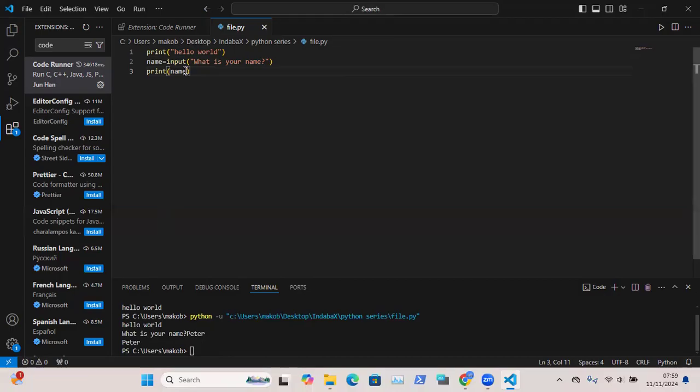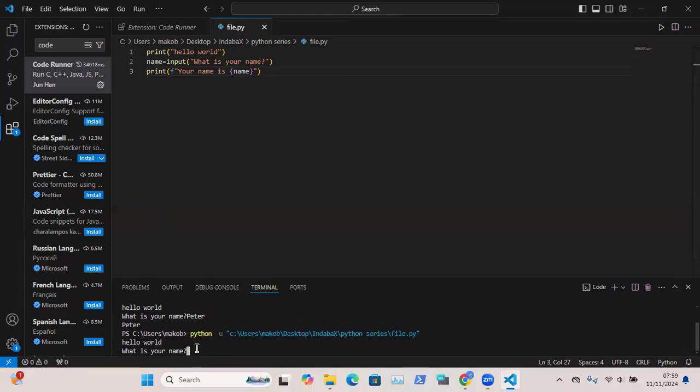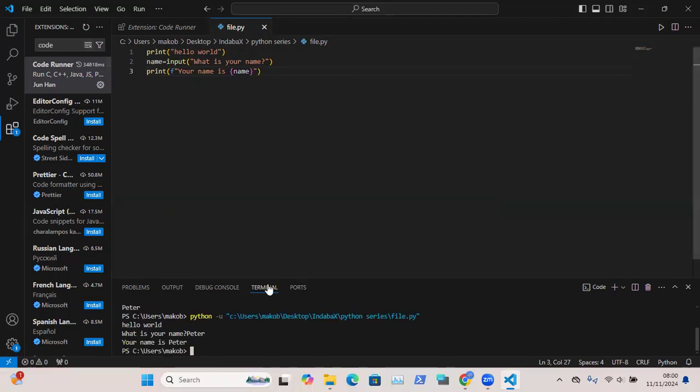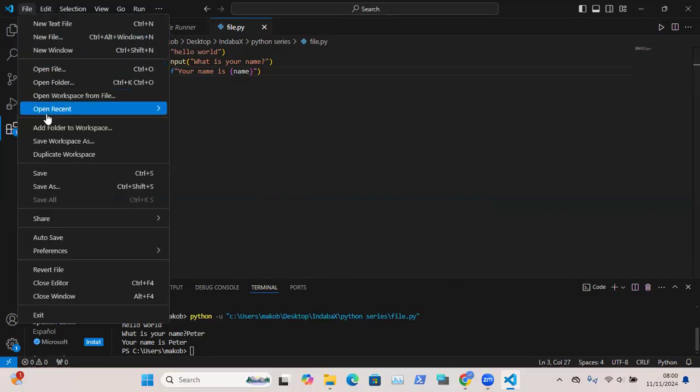I can even make this a little bit descriptive and say your name is, then I put here name. Run this again, asking what's your name, put Peter and it says your name is Peter. So this is happening because I'm running my code from the terminal, which means the user can interact with this program. But let me show you an instance when you're running from the